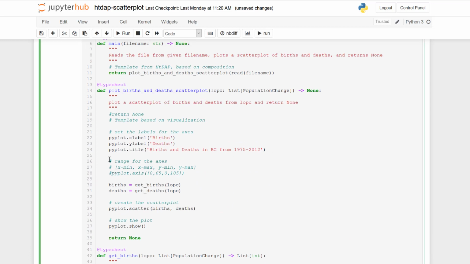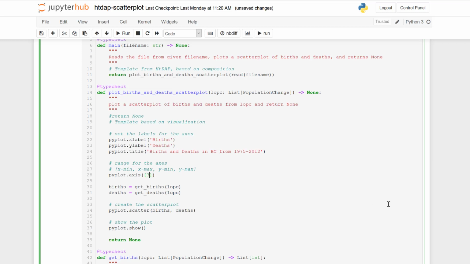So this line here, pyplot.axis, these were the values for a different example. So here perhaps I want to be able to change these. So let's try choosing these. Maybe X we want to go from 35 to 50,000. And we want the Y-axis to go from 10 to 35,000. Now let's run again.